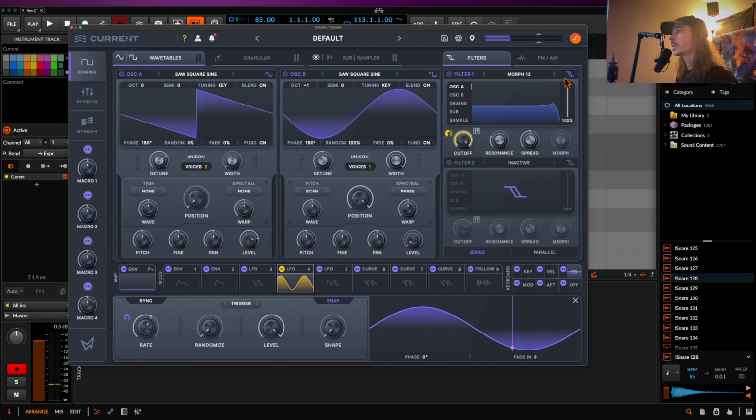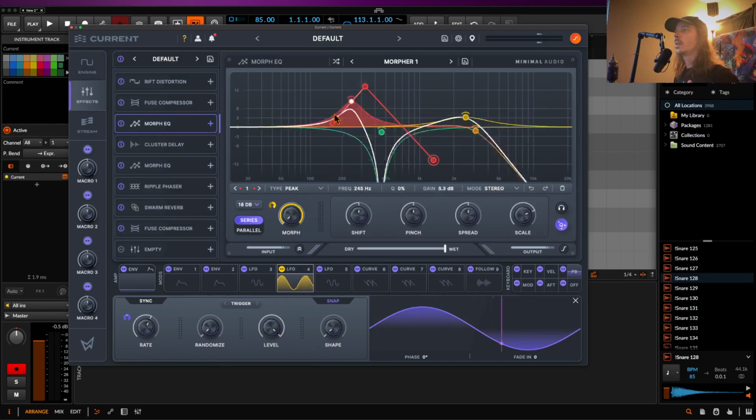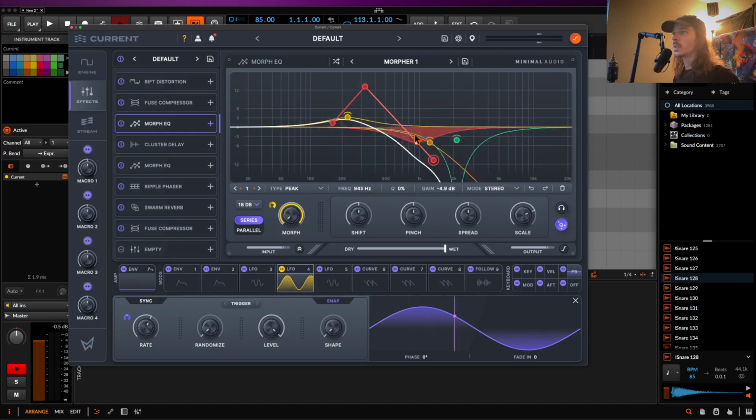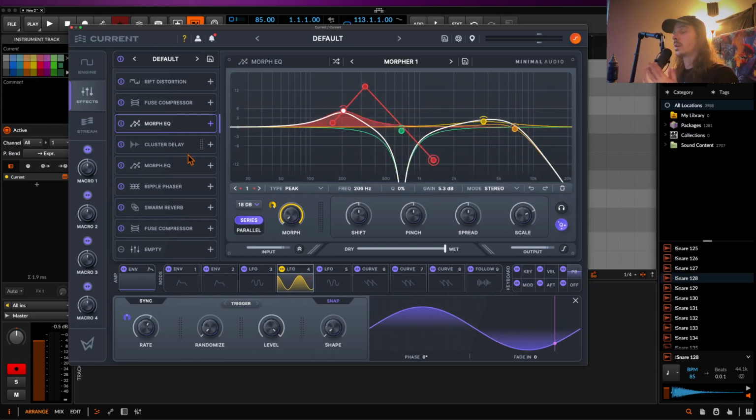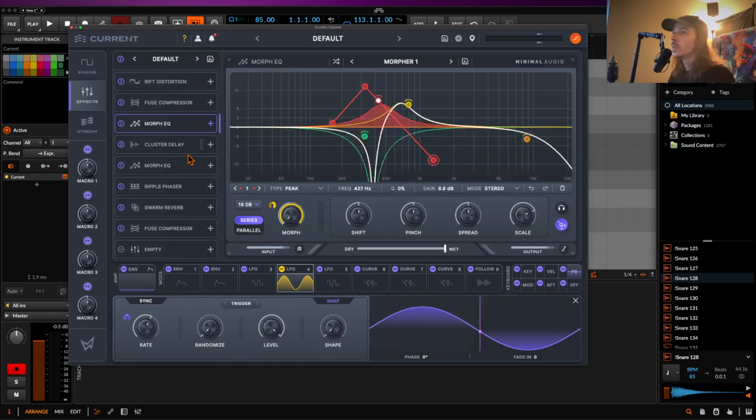We can also set a mix on here as well, which is really cool. If we want to make these stereo, we can spread that out. I'm not going to do that, but you can see that I'm not doing anything super intricate. But especially if you're into neuro-based design, between the morphing filter, the cluster delay, even short amounts of reverb, and just ungodly amounts of over compression,